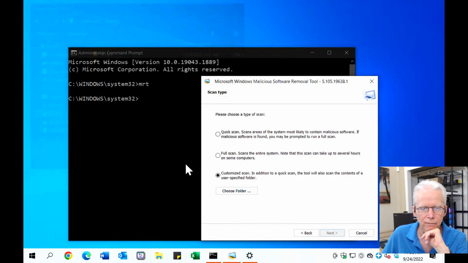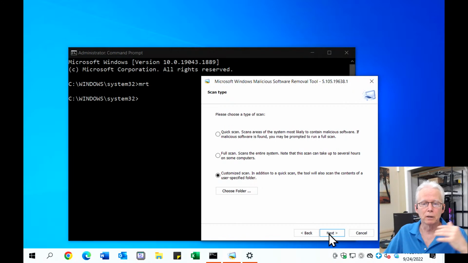So I'm going to select that folder to include with a quick scan. I already did look in that folder. That particular file that we were being alerted to last week does not appear there,